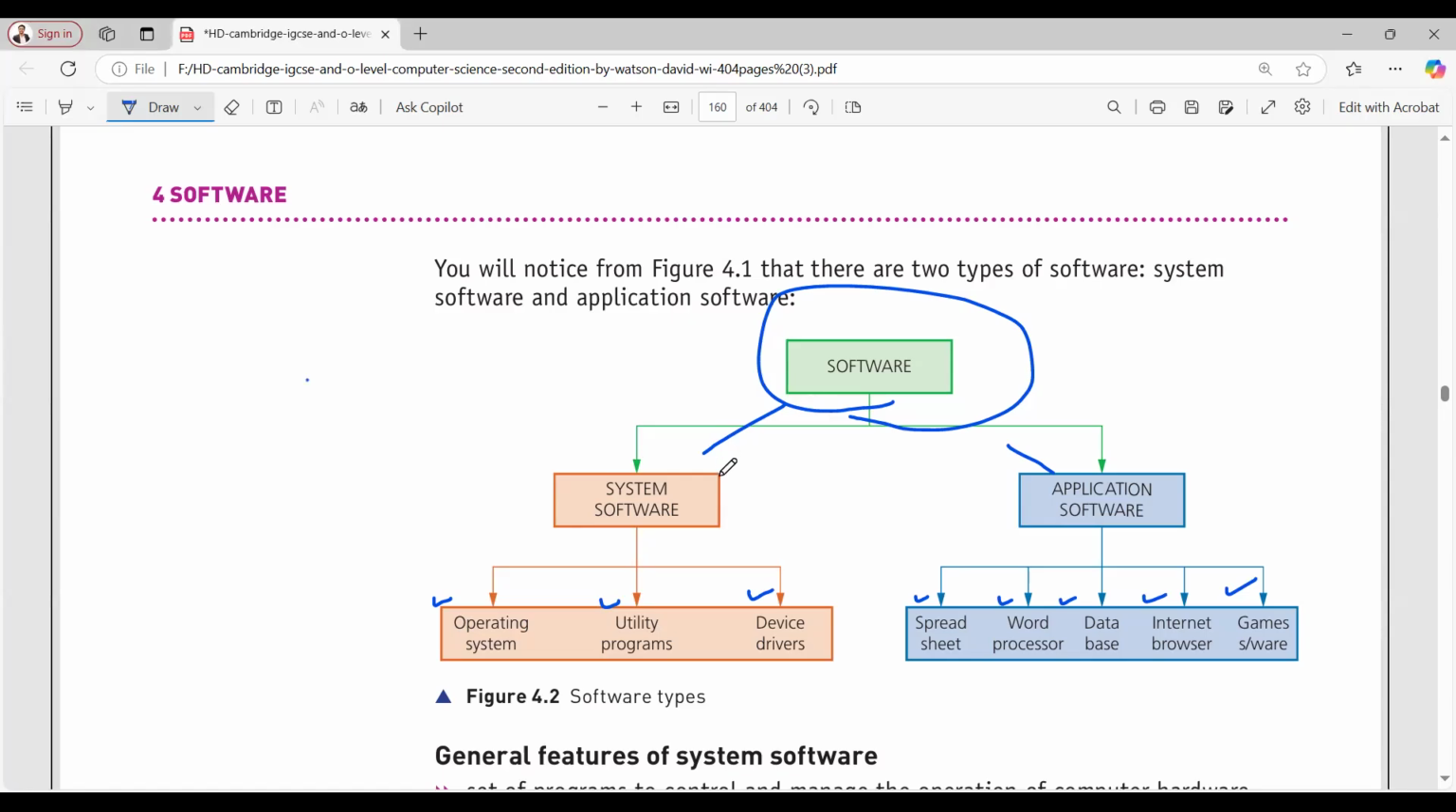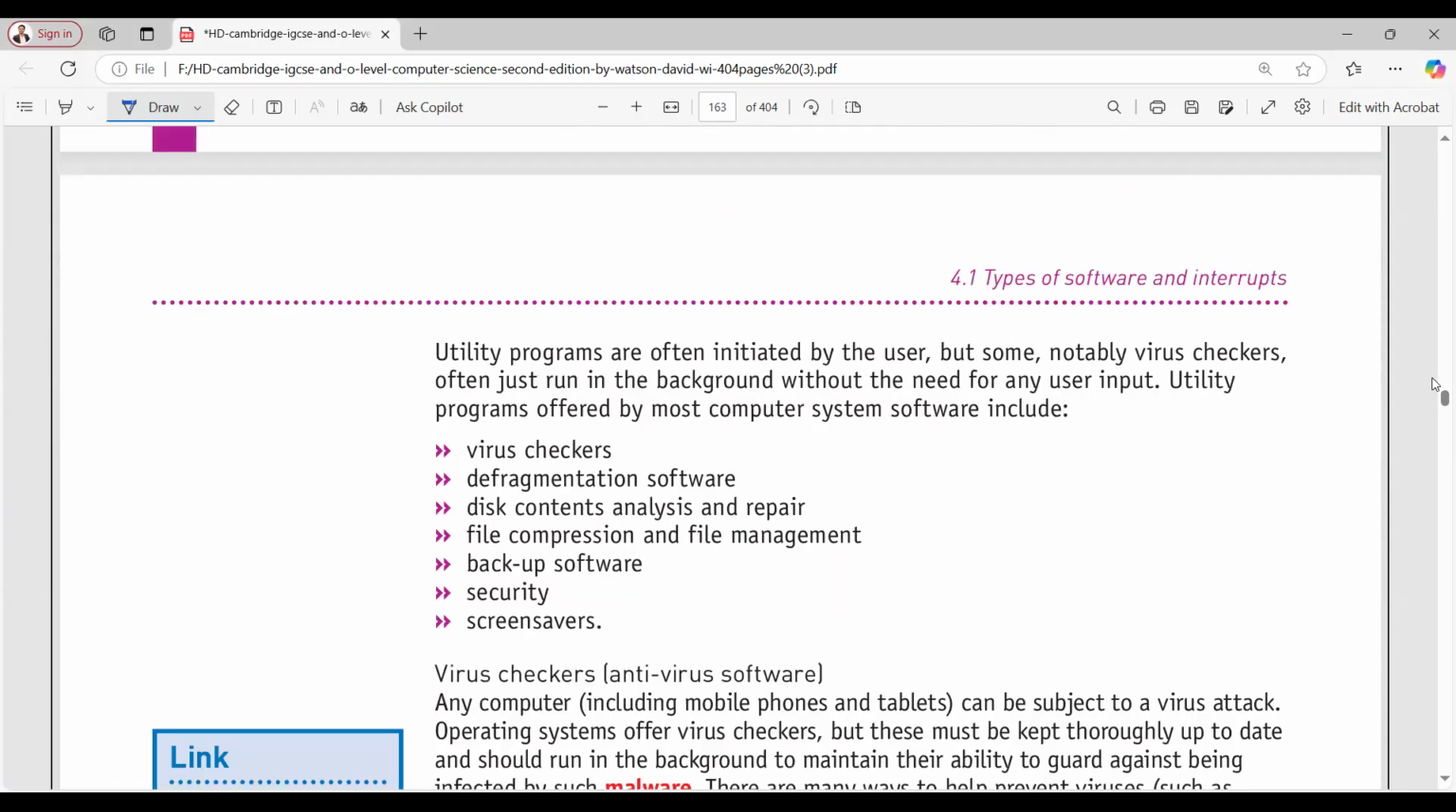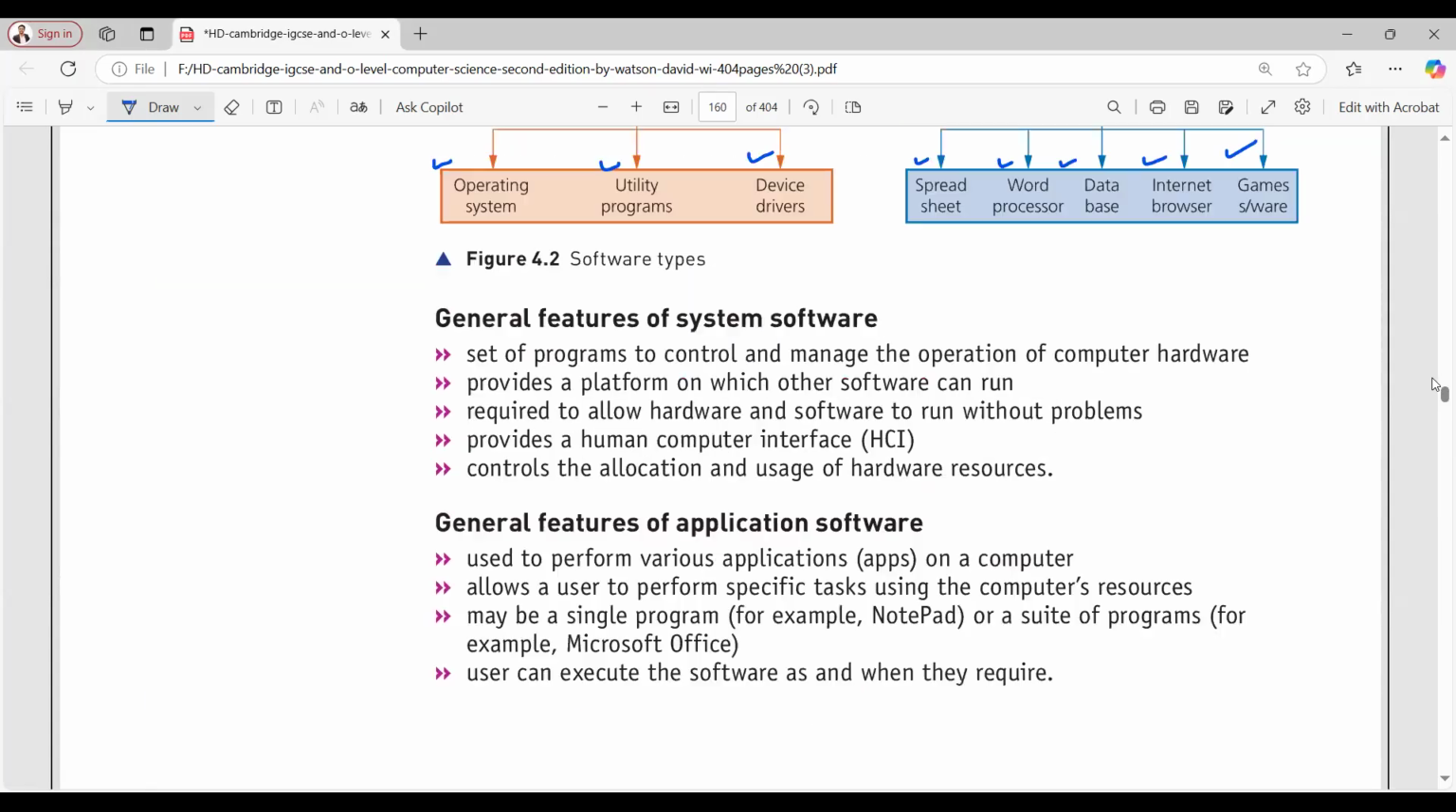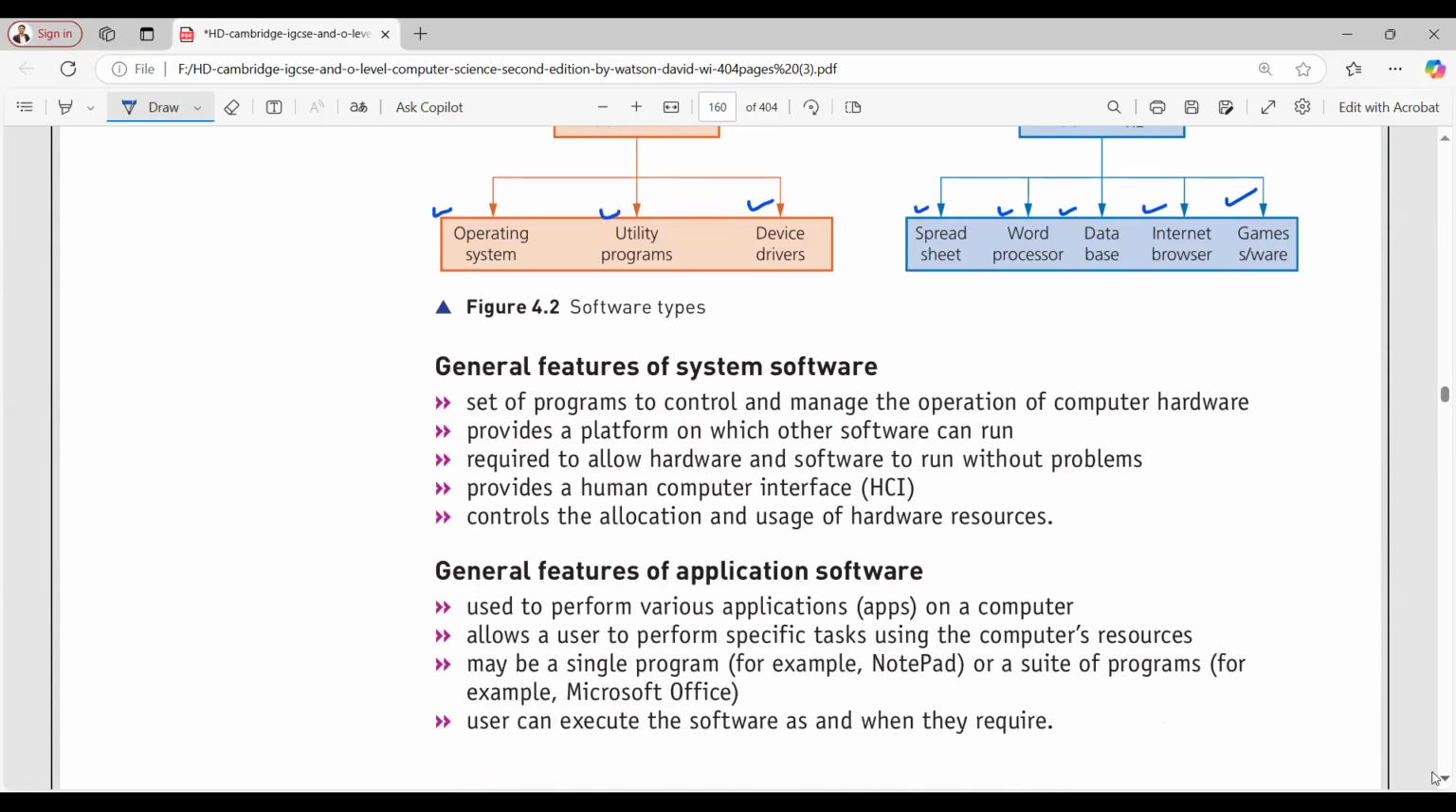अच्छा, कुछ फीचर्स आपके पास यहाँ पर हैं regarding your features of a system software. अब सबसे पहला पॉइंट तो आपके पास यहाँ पे ये है सिस्टम सॉफ्टवेयर के फीचर्स के अंदर: it is a set of programs to control and manage the operations of computer hardware. अगर आपको अपनी कंप्यूटर हार्डवेयर के साथ